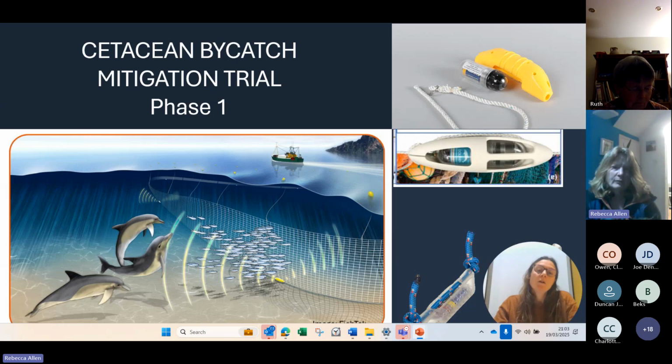So the cetacean bycatch mitigation trial has two phases. The first one started in 2019 and focused on three different bycatch mitigation technologies. The first two at the top are called pingers, or acoustic deterrent devices. They are basically devices attached to the nets that produce high-pitched sounds that will keep the dolphins away from the